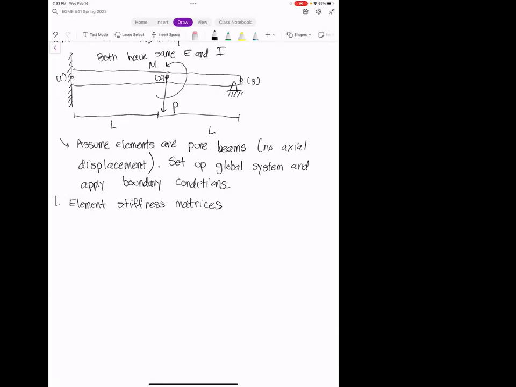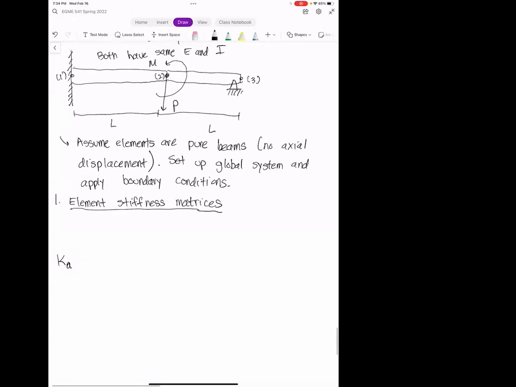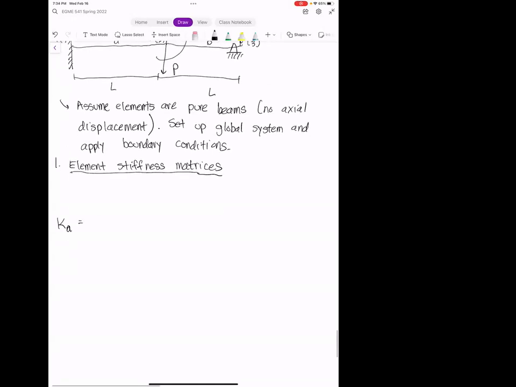In this case, it's fairly simple because we have identical elements. The only thing that's different between them are the nodes that they operate on. Okay. And so let's start with KA. And so we have element A, element B. And so the element stiffness matrix for element A